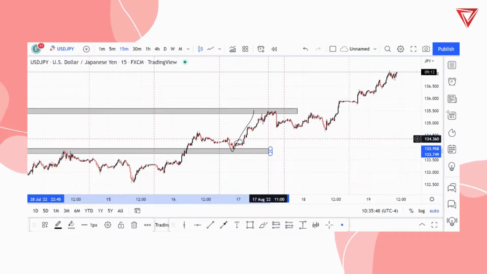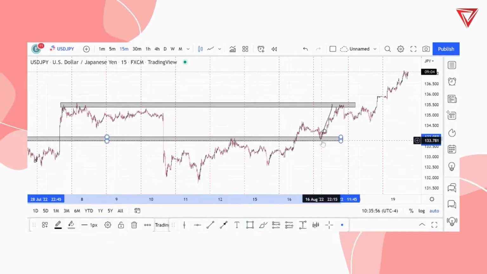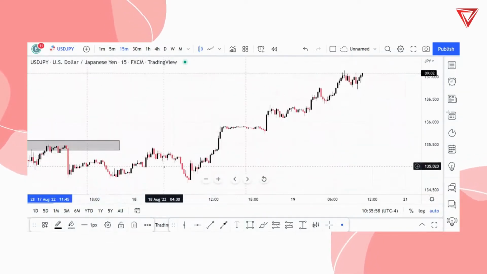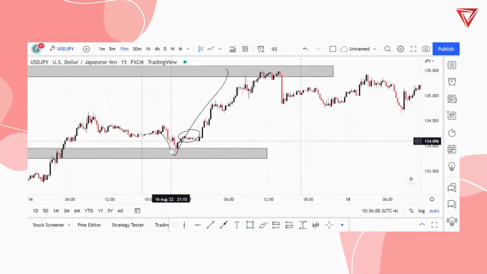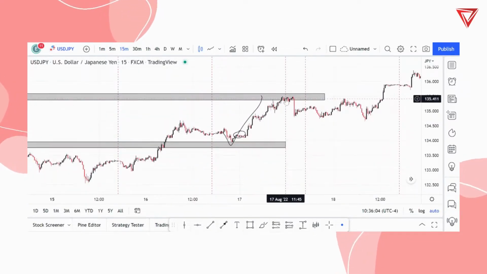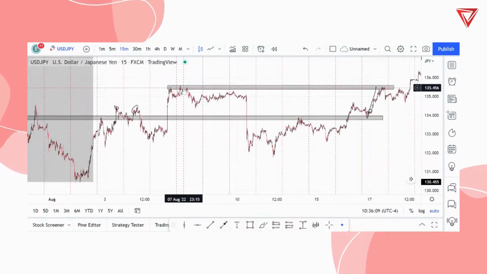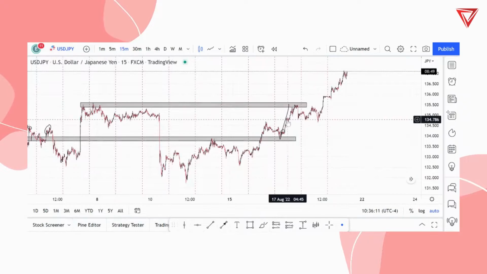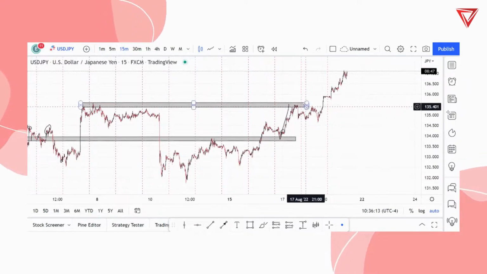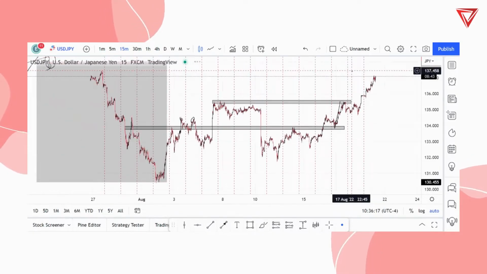But what I will tell you is it's all about just trying to make sense out of what it is you're seeing. That's it. And based on what I'm seeing here on UJ, it did indeed go into this area. And as you can see, that's clear as day. It did indeed go into this area, spike this area, grab some liquidity, and then it ran away right to the exact zone that I thought it would get to, because this we know is a liquidity zone here. Interestingly enough, UJ broke this zone knowing that there's liquidity above this zone, so it makes sense to break it, and it continued up to the bull move.